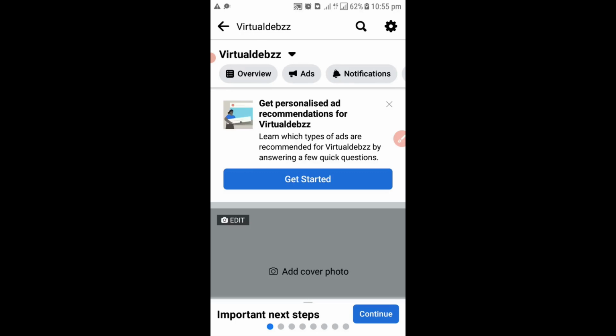Okay, so I'm going to show you how to add an admin to your page, just in case you are a very busy person, or just in case you want to give someone permission to handle your page. You need to add the person as an admin to your page to have control over your page, right? So to do that, you go to where you have settings here, up here, right? Tap on